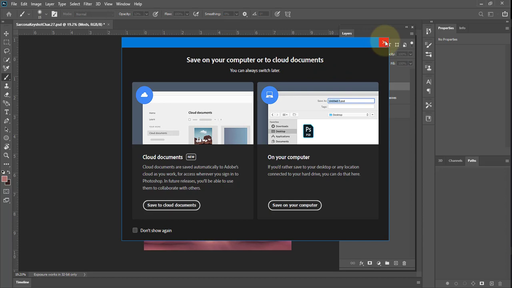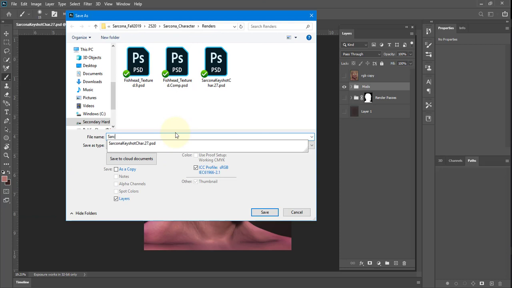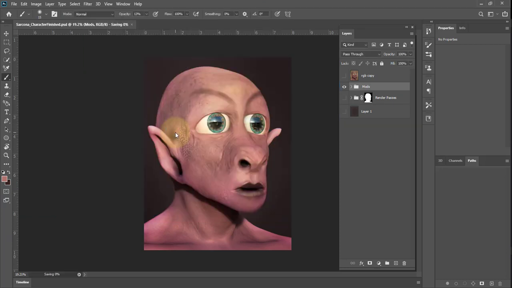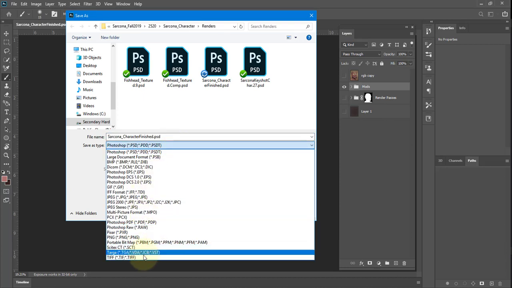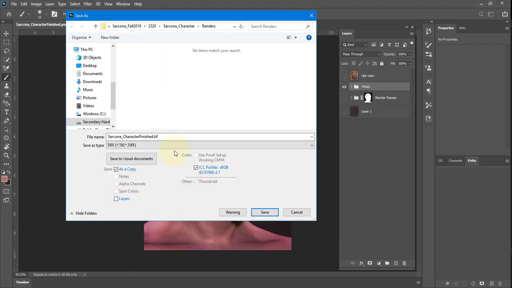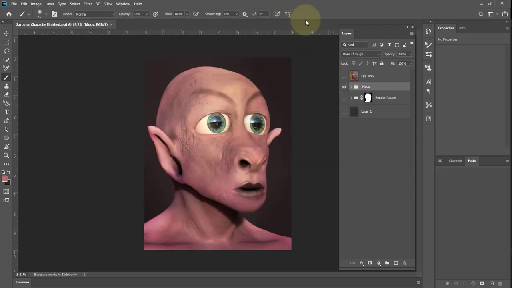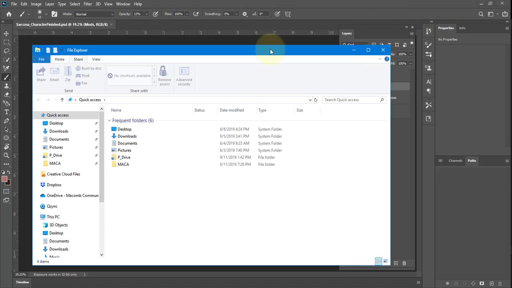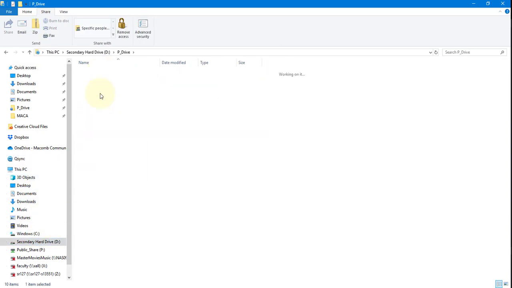Save onto my computer. Character finished. So I want you to save a PSD, so I'll have the PSD with all the layers. And then I also want you to save a TIFF without layers. Okay, so the TIFF I can open up pretty much anywhere, but the PSD I need specifically Photoshop to open up. And so when we go into our folder,